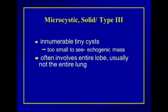The last type to talk about is the microcystic type, or the solid type. This is the type that's composed of innumerable tiny cysts, which are so small we don't see the individual cysts. We just see the lesion as an echogenic mass. And you can think about this type lesion, the sonographic appearance, the way we think about hemangiomas in the liver,